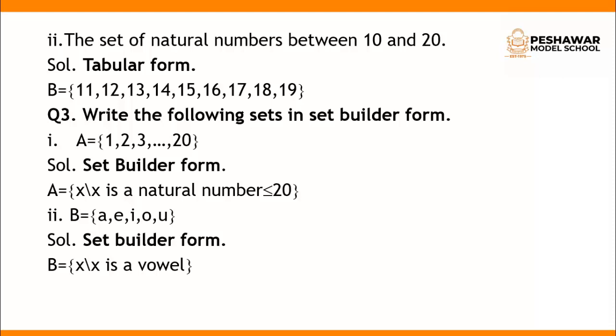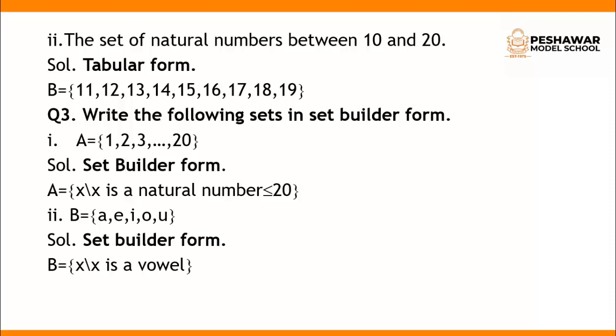Now the remaining parts you have to complete in your homework. Now come to our next topic, question number 3. Write the following sets in set builder form. You know there are 3 methods of writing a set: number 1 is the descriptive method, number 2 is the tabular method, and the last is the set builder form. What is meant by set builder form? In this form, a general element is denoted by a variable x and a characteristic property is mentioned which is common to all the elements of a set.